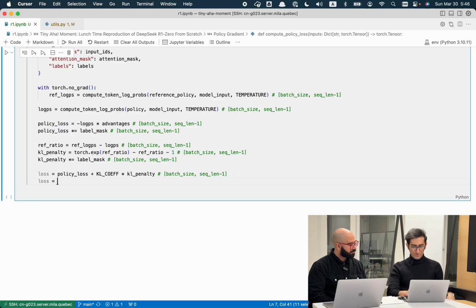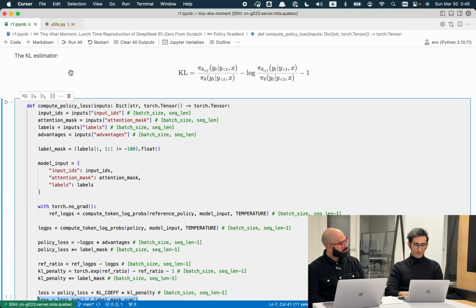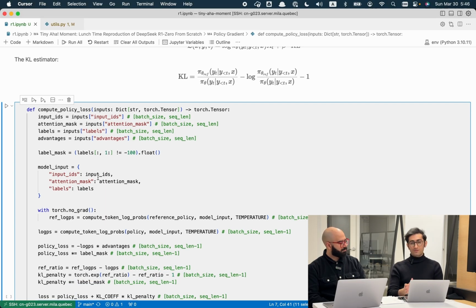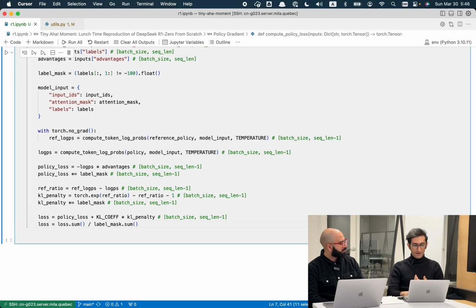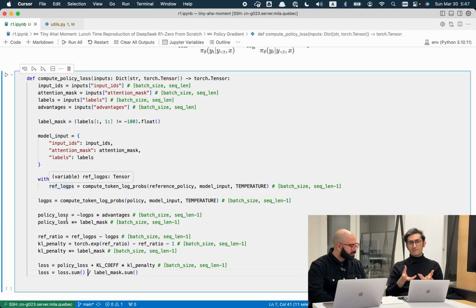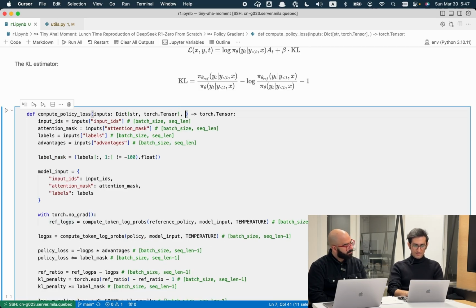So the way we do this is to just sum this term and divide it by the number of terms that are present in this loss computation. One way to do this is to use the label mask sum, and this is going to work. However, if you are going to use gradient accumulation, which is going to be the case for us in the actual implementation of this code, let me define this term differently, because we want to divide it by the entire number of valid response labels, or valid terms that are contributing to the loss in the big batch. And here we only have access to the mini batch when we are computing the gradient itself. Let's define total